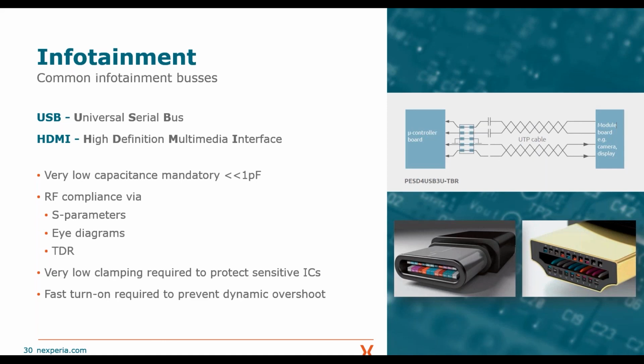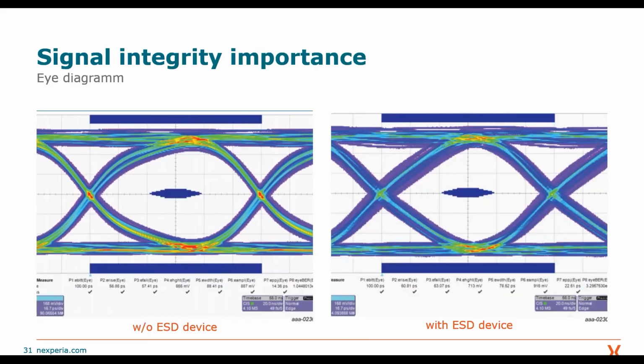To measure the RF compliance or behavior of the device, Andreas showed the scattering parameters for the Ethernet part, but especially for those multimedia buses, eye diagrams are often used, and we want to show how to distinguish and decide what is a good ESD protection. So on the eye diagram, we can plot where we